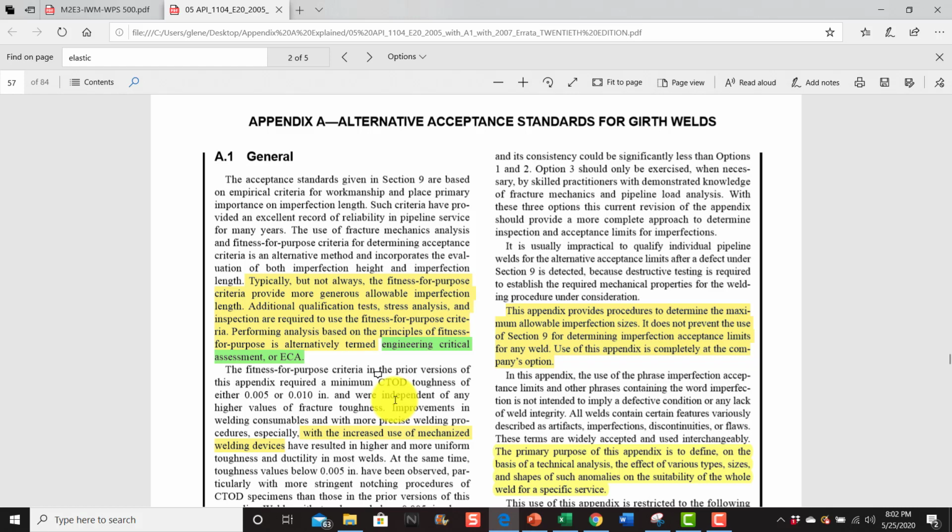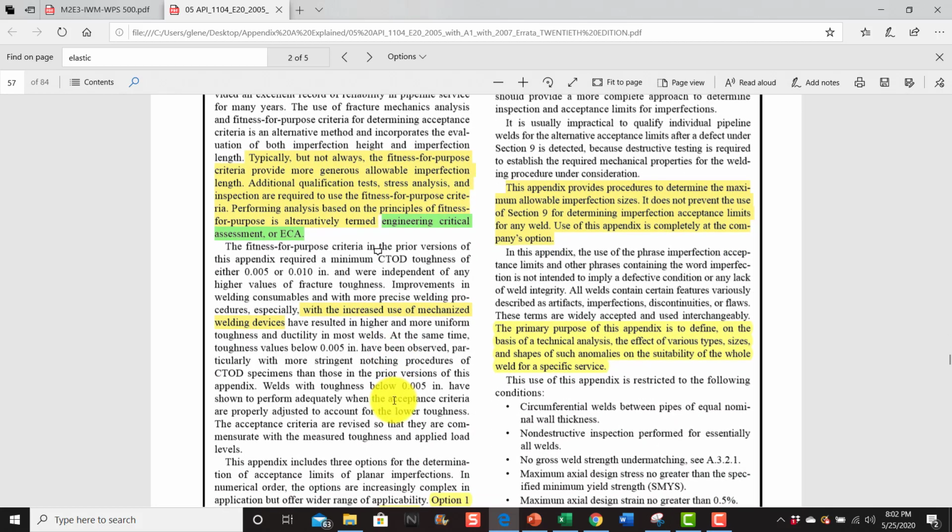Improvements for welding consumables and with more precise welding procedures, especially with the increase of mechanized or automatic welding processes. This is a very strong weld, and that's why they use this alternate acceptance criteria, Appendix A,